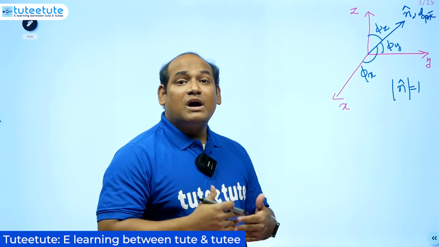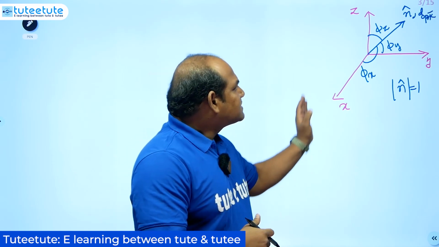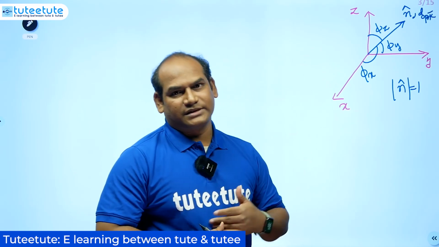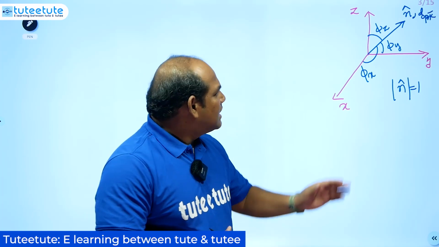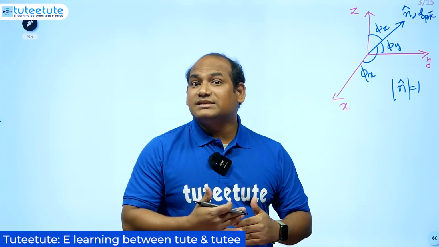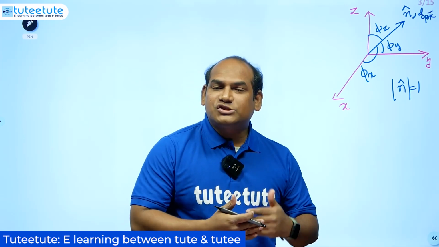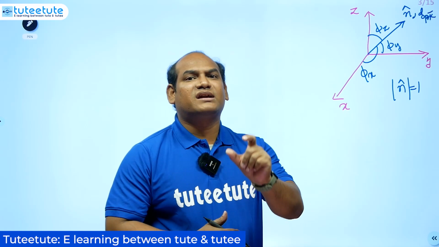For that, what are the angles made by the unit vector n cap with the x-axis, y-axis, z-axis that we have taken? Those angles are simply phi x, phi y, phi z. What is the necessity of considering these angles? Now our job is to get the mathematical vector representation of